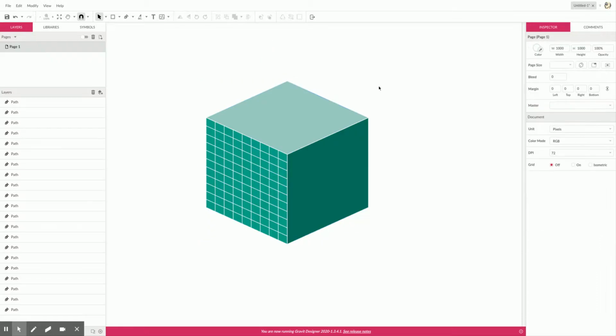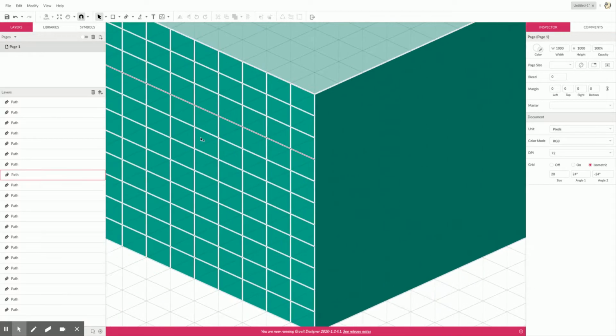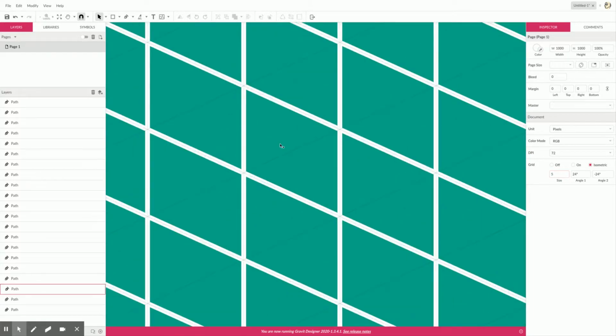I wanted to make sure that everybody knew what I meant when I said reduce the value. So if I reduce this value from 20 to 5, you're going to see inside of this, I really don't have detail inside of one of these shapes, but if I reduce the value to 5, I now have 5 shapes inside of here, 5 marks in which I can go in and select and